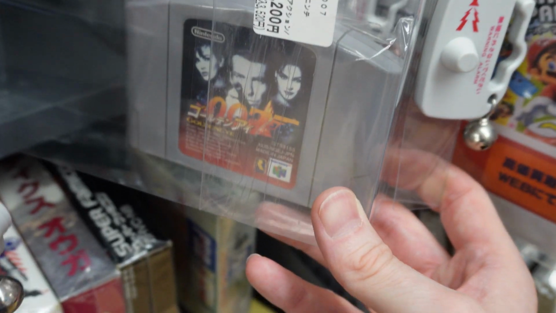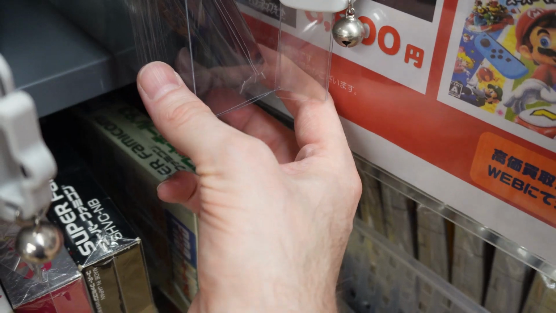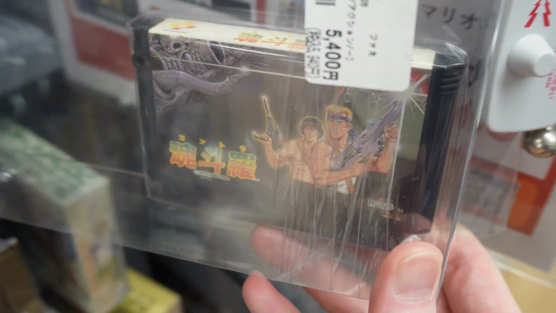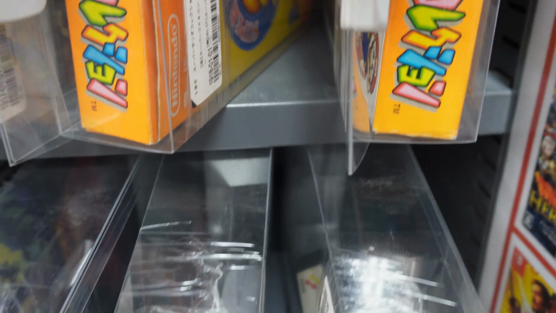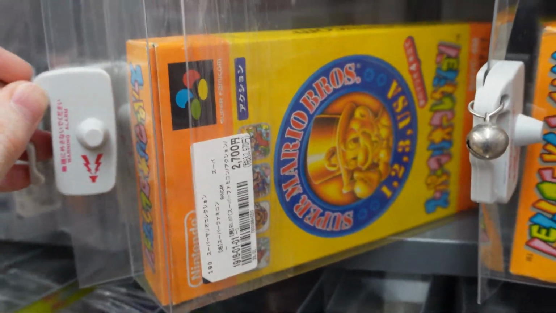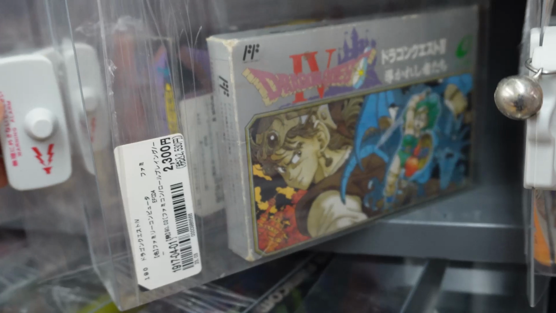Golden Eye 007, 3,200 for that. And one of the favorites there, we got Contra, 5,400. Cool stuff. Got Super Mario Collection in the box for 2,700, which is always a good game. Collection of Mario games. Got a bunch of Dragon Quest